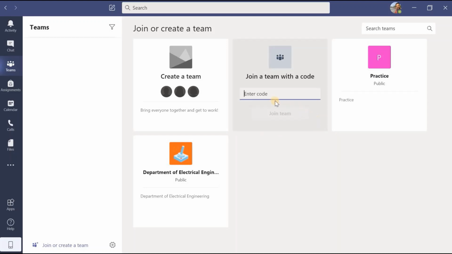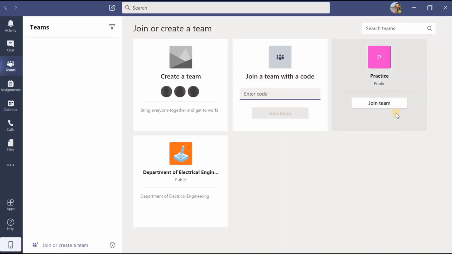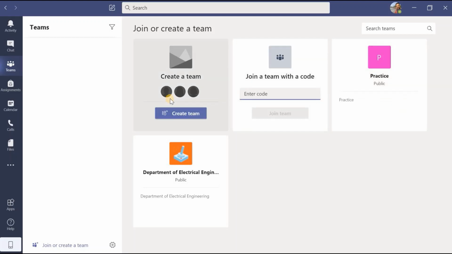First option is, if I have the code of the team, then I can enter that code here, and by clicking on this join team button, I will be part of this team. Or there are these public teams, simply by clicking on the join team button, I can be a part of that team. Or third option is create a team.